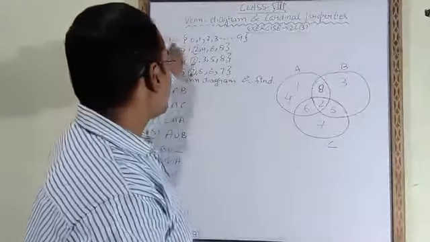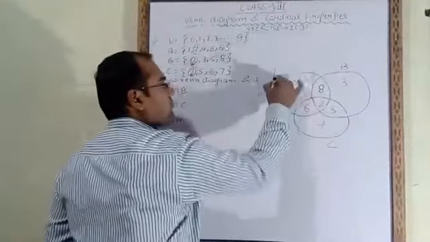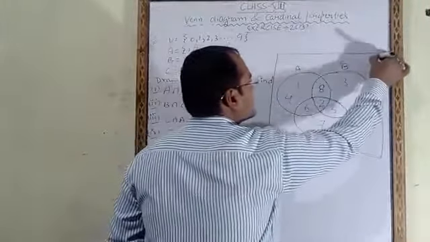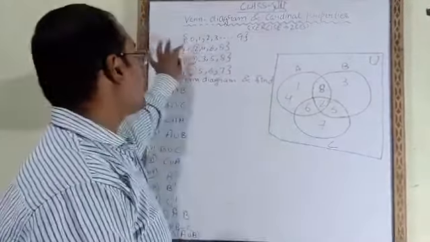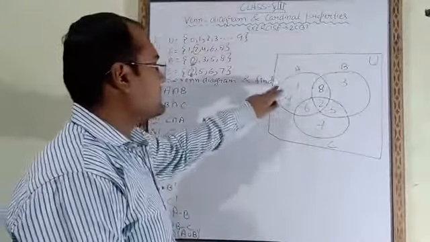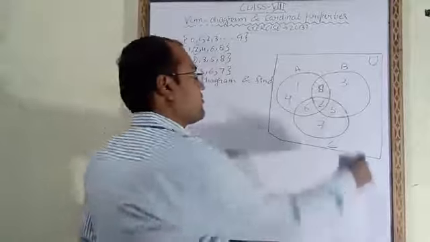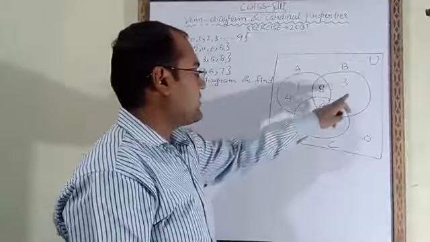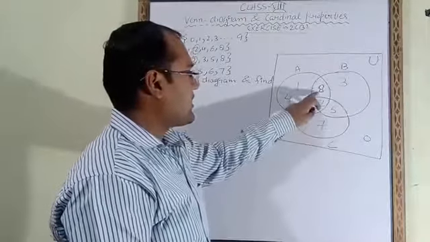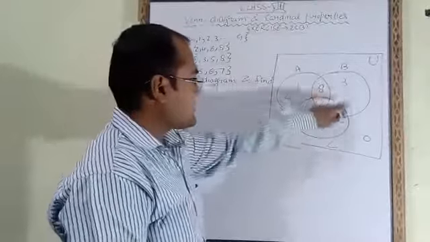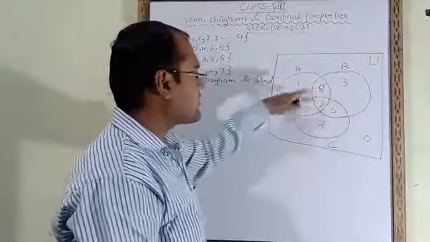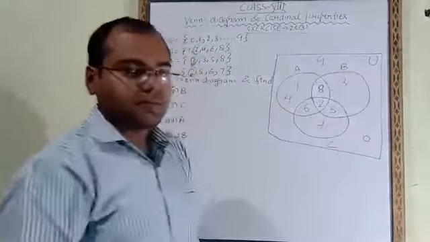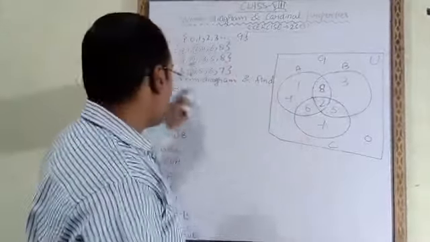Now one more thing, here universal set is also given. So we have to enclose this figure inside the rectangular box and here you have to write this is universal. Now in the universal what elements are coming? 0 to 9. Is 0 written here anywhere? No. So we have to write here outside these circles 0. 1 is coming, 2 is already written, 3, 4, 5, 6, 7, 8 till 9. Is 9 there? No. So outside these circles we have to fill 9 also. 9 you can write here outside. So this is the Venn diagram.